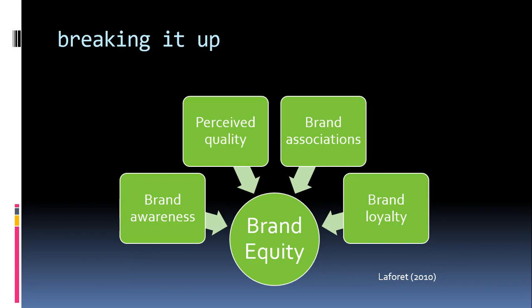If we start to break up brand equity, this is one of the models, very similar to Aaker. It's taken from the Lafayette, but it's a very simple model that breaks brand equity down into these 4 component parts, to build value and equity around a brand. What Aaker and Lafayette are arguing is you need these 4 different elements. Keller's model is very similar. It talks more about how we build that up into brand loyalty. So let's have a look at the 4 different elements in more depth.